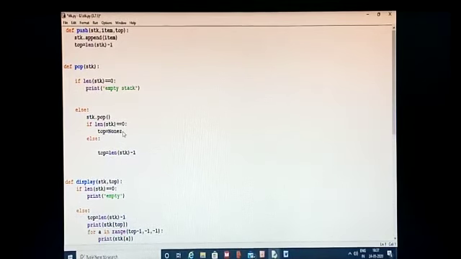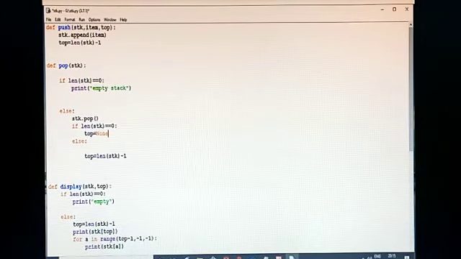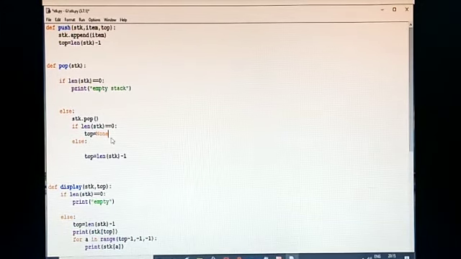After deletion, if the length of the stack is 0, then there are no other elements, so top will be initialized with None. None means it is not even 0. And if it is not, then the value of top will be len minus 1. It will take it back by 1, meaning if it is 2, it will be 1.